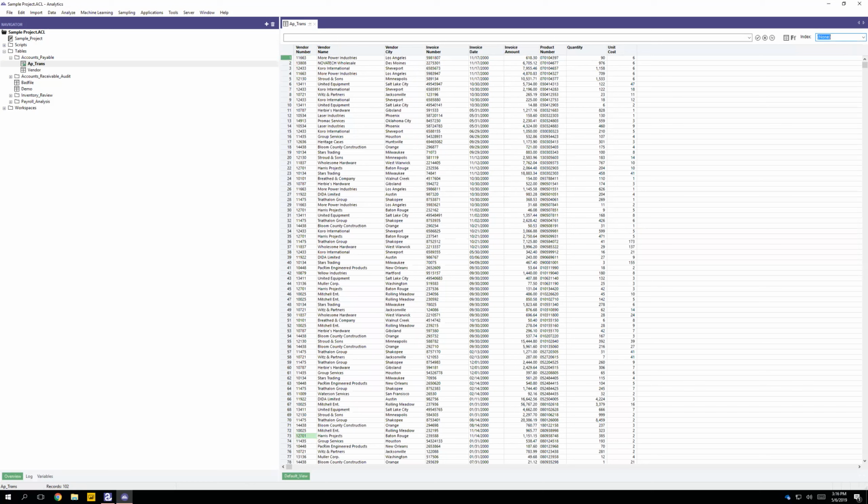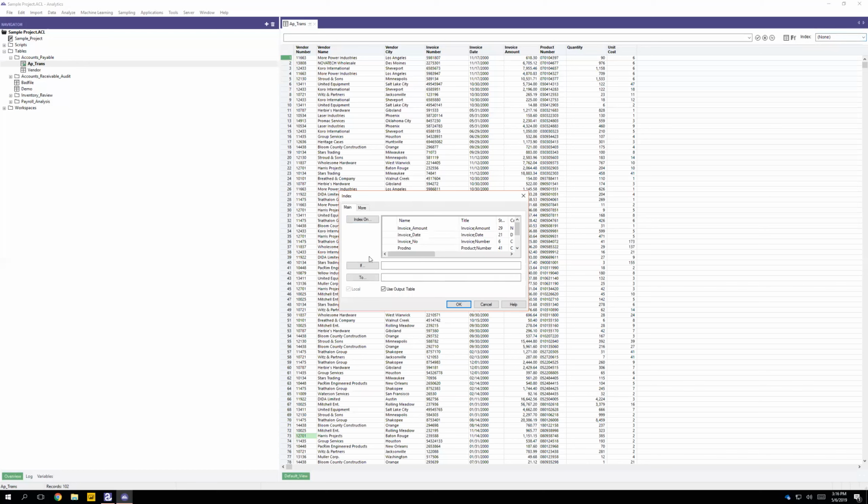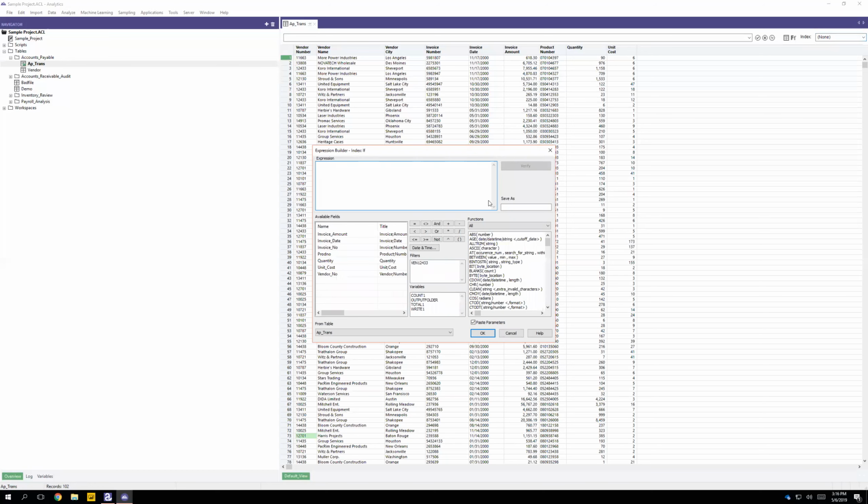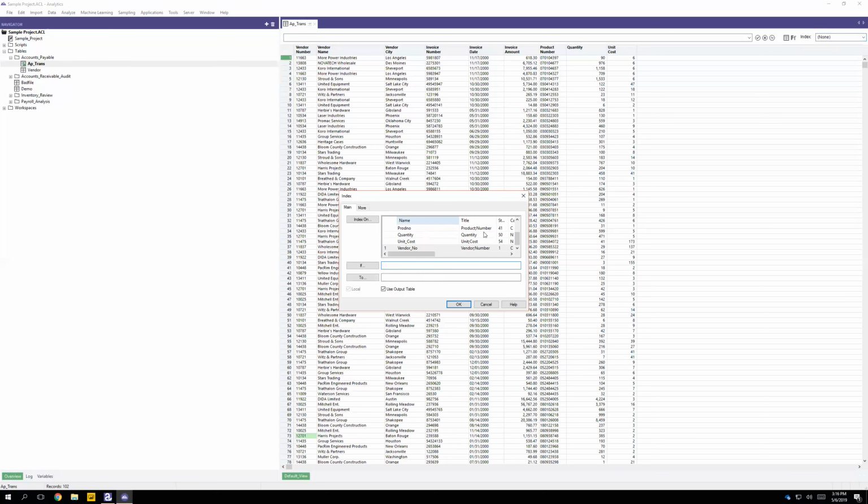Now, exercise D, we just did C, we're now doing D. Create a conditional index. So the conditional index is a subset. I just want a subset of records that match this index is what I'm going to end up with. So we'll go into data, we'll go in and do an index. Again, it's vendor number, so I'll click on that. I'm going to put an if in. So here's our index, here's our if statement. We're told we want to call this index